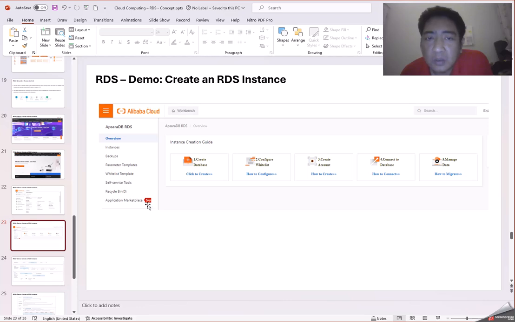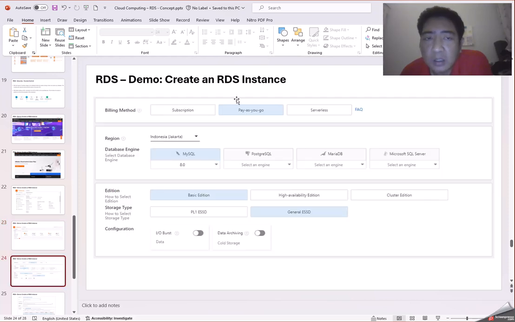You will go to this page and then you can click create to create an RDS instance. Then you can choose the billing method that you want, like subscription, pay-as-you-go, or serverless, and then you must choose your region. Your region is in Indonesia, in Jakarta.